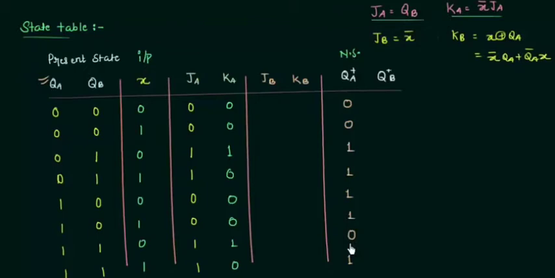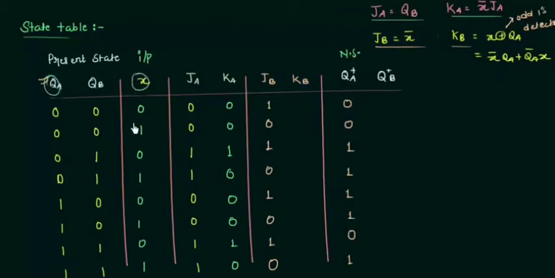Now we will move to the B flip-flop, and for that we have to find out JB and KB. JB is X complement, so it's simply the complement of all these values. So I'm having 1 0 1 0 1 0 1 and 0. KB is the XOR combination of X and QA, so it is simply the odd ones detector. So we will see the odd number of ones in QA and X.